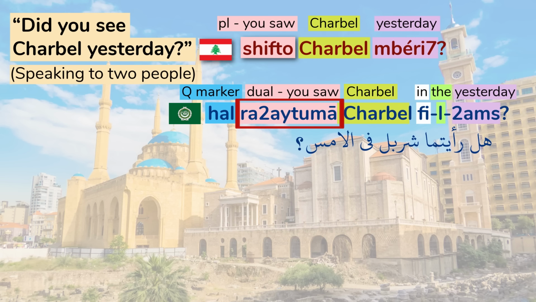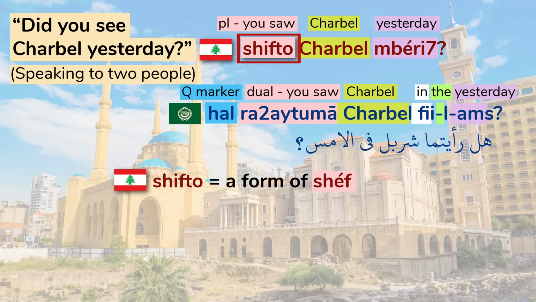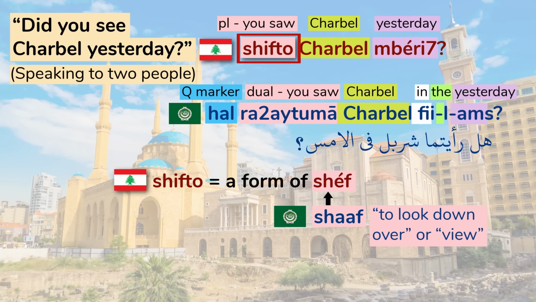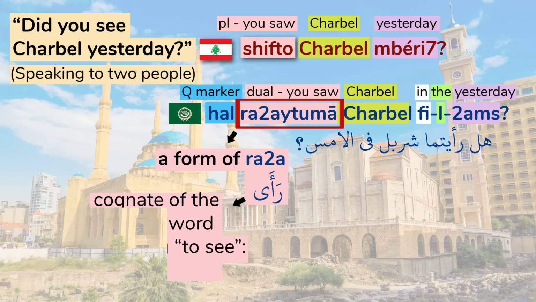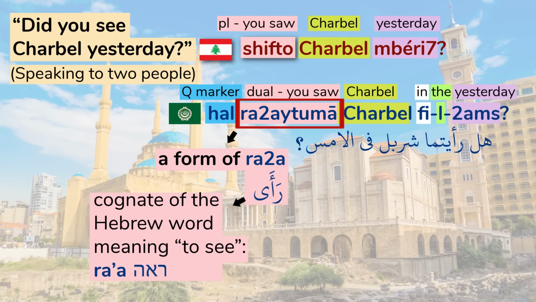Next, notice the different verbs meaning to see. Shifto is a form of the verb شاف, which is the common word meaning to see or look at in most, if not all, Arabic dialects. The word exists in MSA, but normally with the meaning of to look down over or to view. The usual word for see in MSA is رأى. Incidentally, if you know some Hebrew, you probably noticed that it's a cognate of the Hebrew word meaning to see,